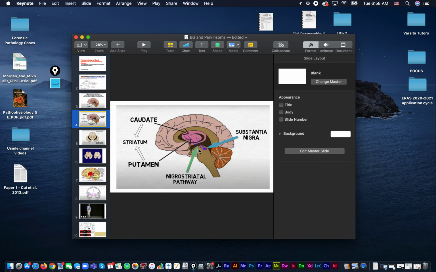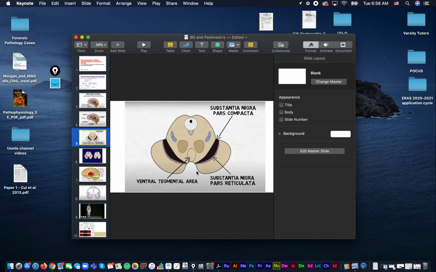So the substantia nigra pars compacta, and pars reticulata is more GABA, but the dopamine, this dark area is here. That's where all the dopamine